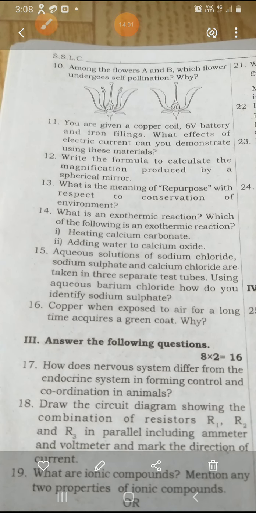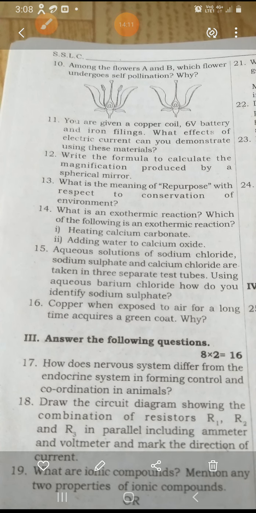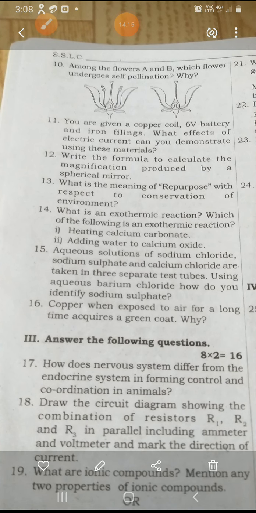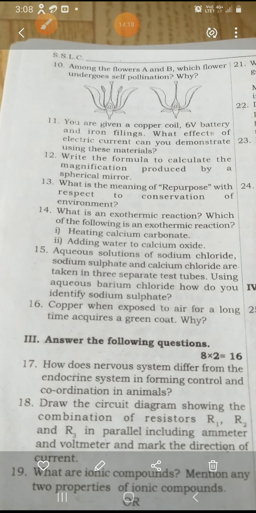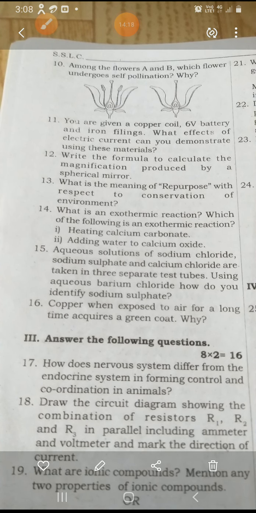We will see in that, and the formula to calculate the magnification: small m is equal to height of the image divided by height of the object. So that is h dash divided by h. So repurpose, we know that